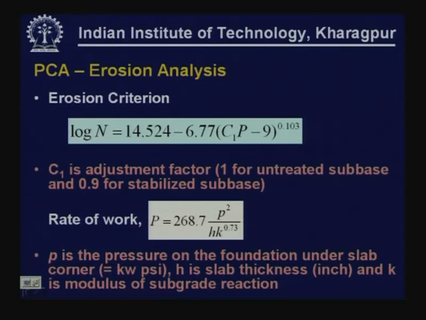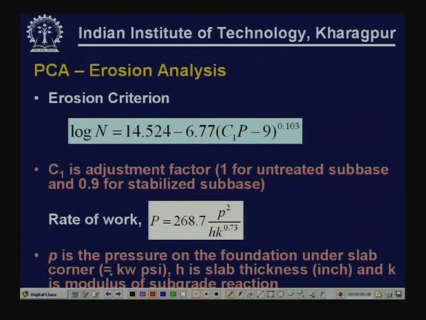This is a function of the pressure on the foundation under the slab corner. This is the pressure under foundation under the slab corner. H is the thickness of the slab and K is the modulus of subgrade reaction. So, the rate of work is a function of all the pavement parameters, thickness of slab and modulus of subgrade reaction, and the deflection of the slab at the corner, which can be used to obtain the pressure